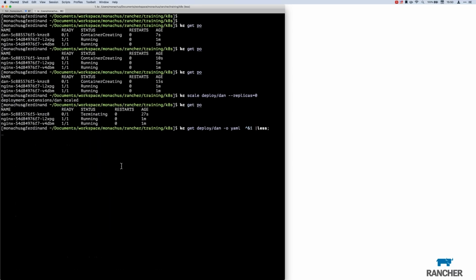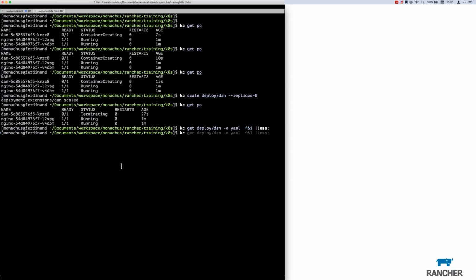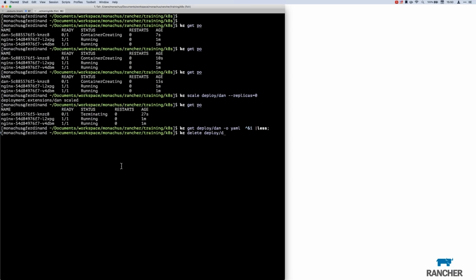Pratik asks, are deployment images being pulled from the Kubernetes marketplace, or is it available locally? So by default, if I'm just specifying nginx or something like that, these are coming off of Docker Hub. But I could, for example,